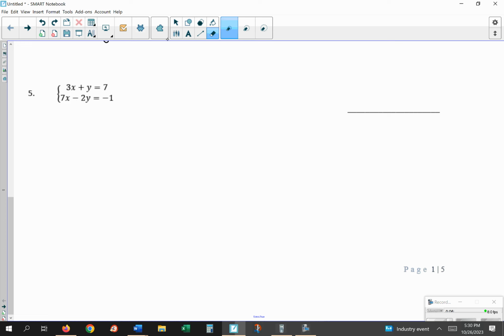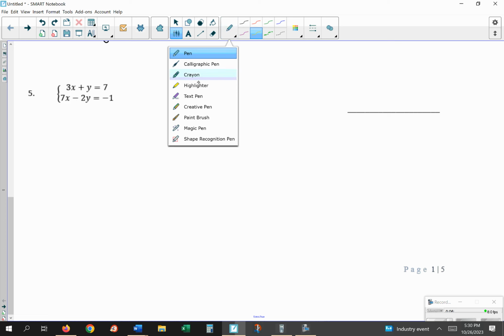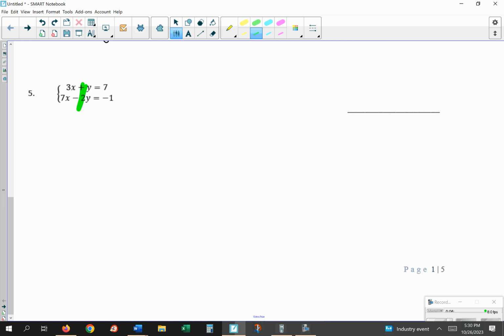Versus if I look at my y's, I can see that one's positive, one's negative, so that's good. One of them is a positive 1, the other negative 2. That means I only have to multiply one equation to make them opposites. So that tells me it's going to be easiest, because I only have to multiply one equation to make the elimination happen if I eliminate the y's. So in this case, we're going to choose the y's to eliminate,